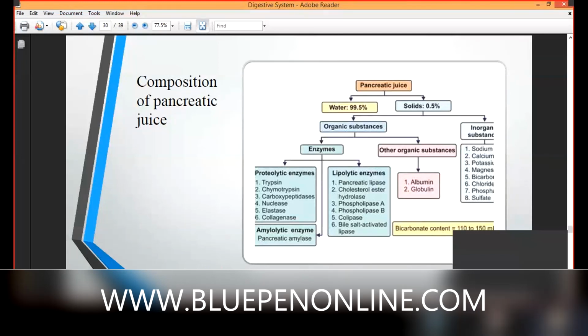So the protein digesting enzymes are the trypsin, chymotrypsin, carboxypeptidase,